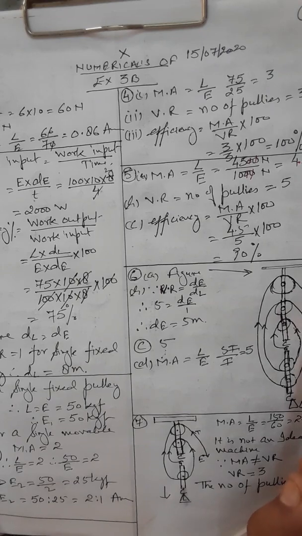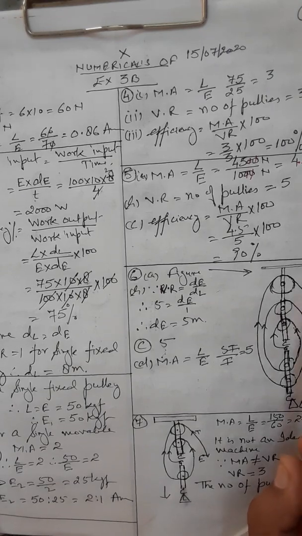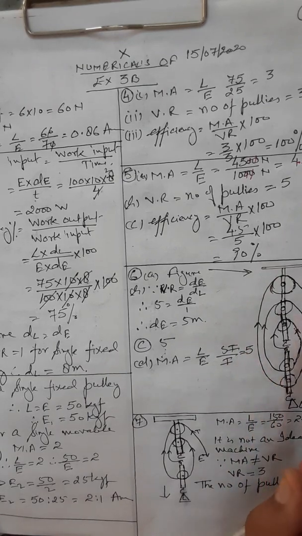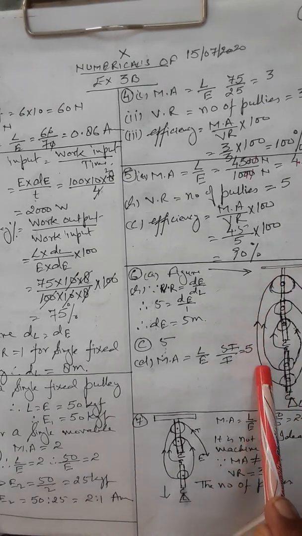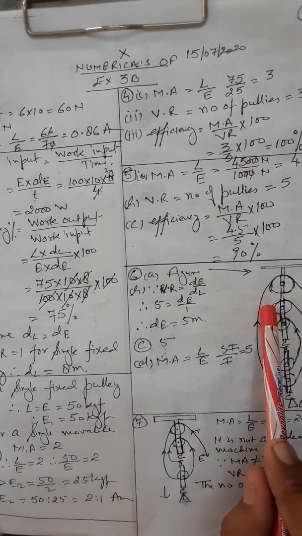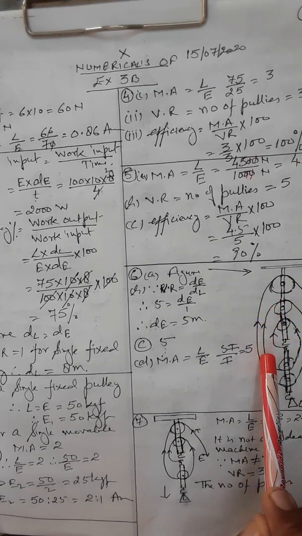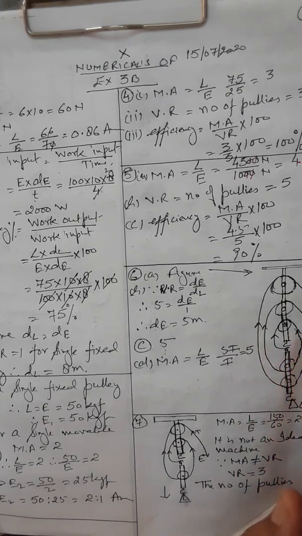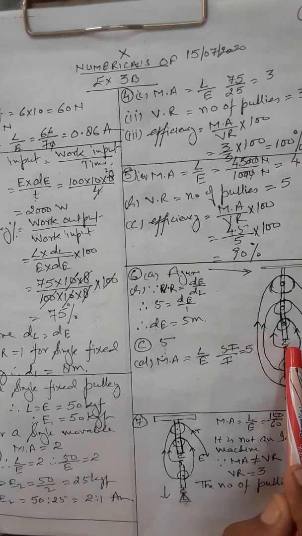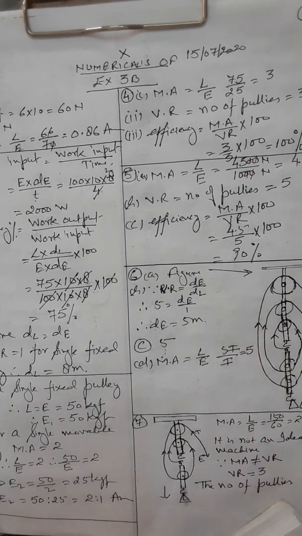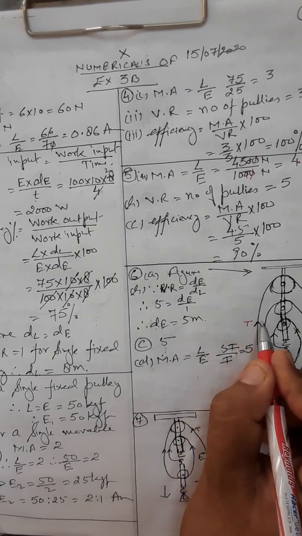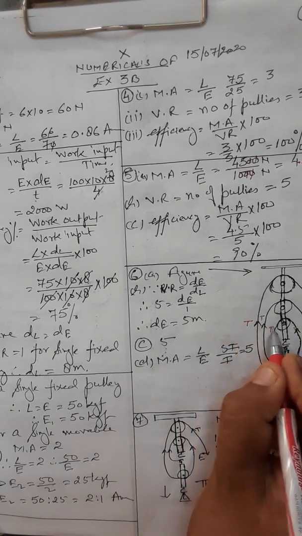Effort is in the downward direction on the right side, from the top to the bottom of the pulley. Then on the second block, the second pulley, and now the lower block is for the fourth pulley, and again it reaches the lower block. Tensions are always marked in the upward direction.